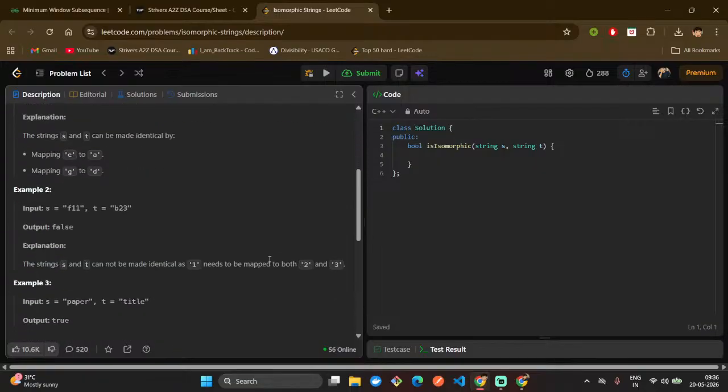Okay. So this is true. Now let's make FB1. Now make 1, 2. Now so not, so false. Now let's check the paper and the title. P is equal to T, A is equal to I. Okay. P is equal to T. Yeah, that is fine. P is equal to L. That is fine. And R is equal to E. That's not satisfying